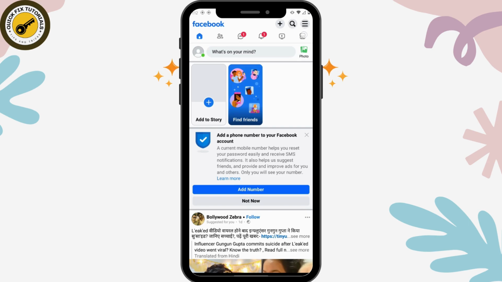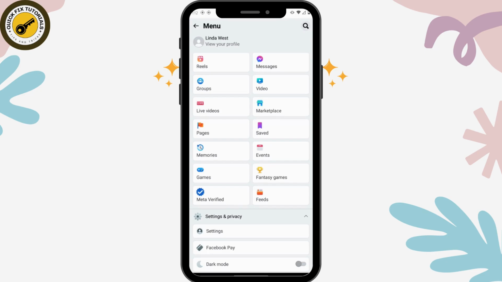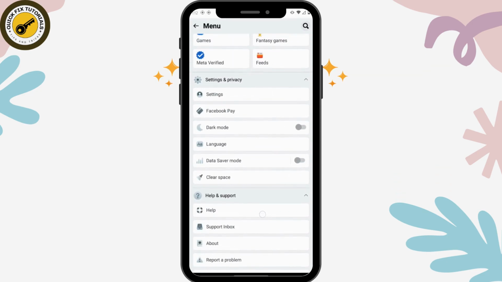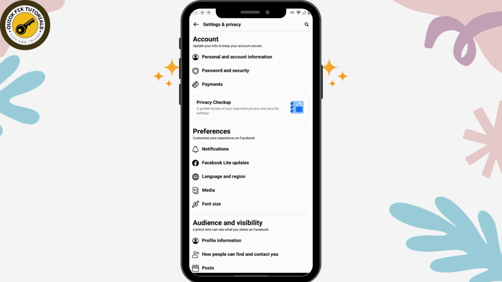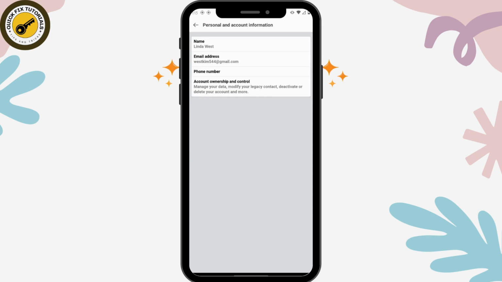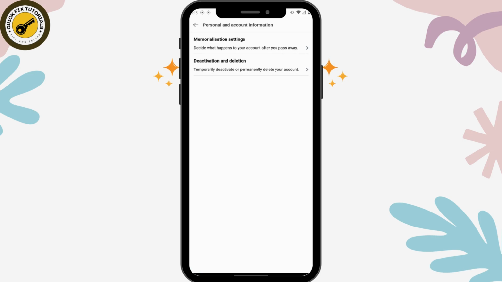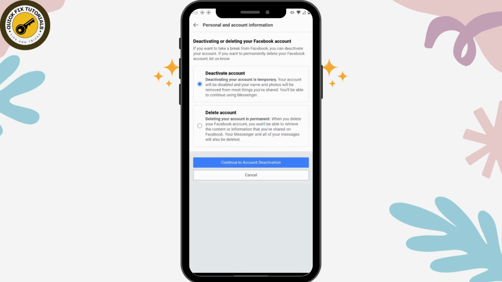And after logging in, you can go for the upper right corner which has that three bar icon, and you can go for settings. And now under account you can go for personal and account information, which is on the first option, and then go for account ownership and control, and go for deactivation and deletion, and then choose delete